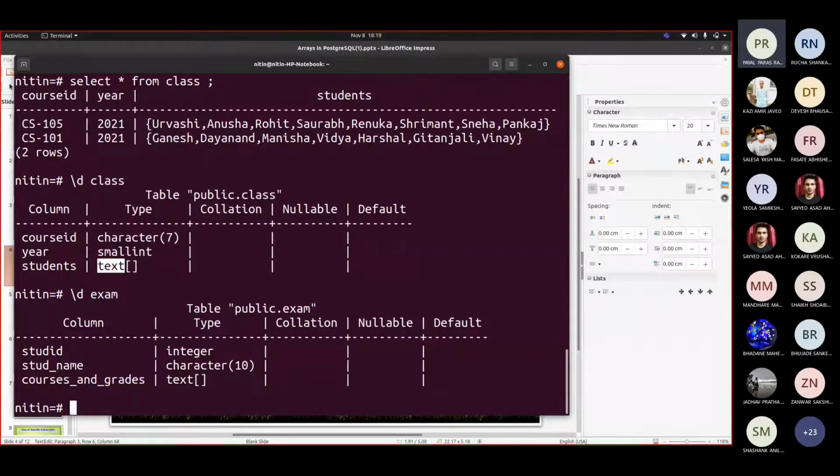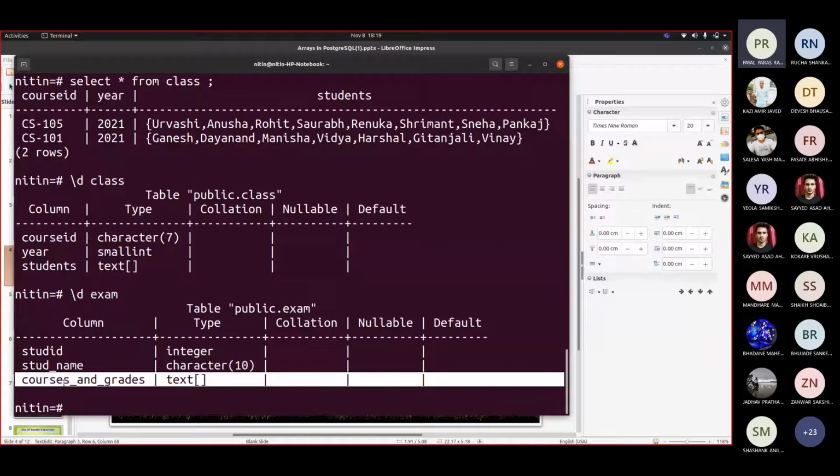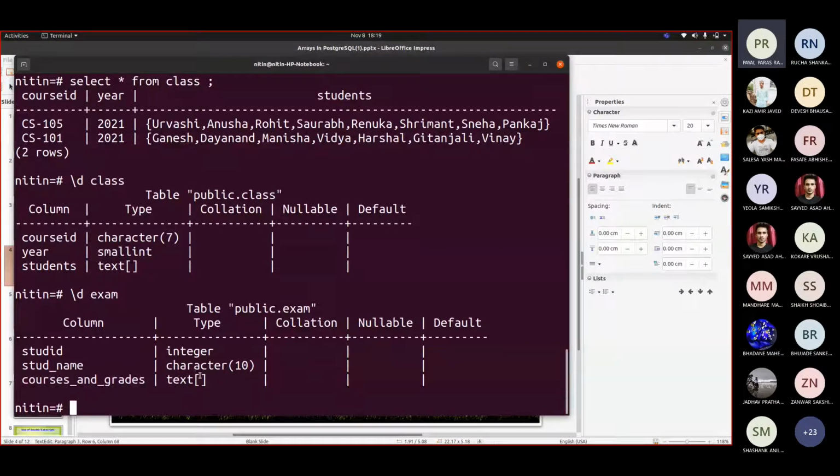Okay, where we have taken this as a two-dimensional array. Though it shows you this way only, at the time of definition, you have to write a pair of square brackets two times to show that it is a two-dimensional array. But when it shows the description of the table, it will show you only once.